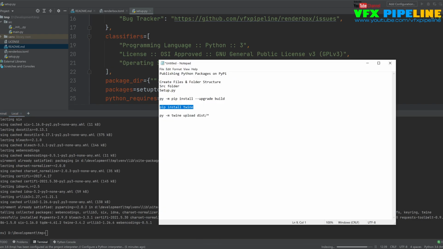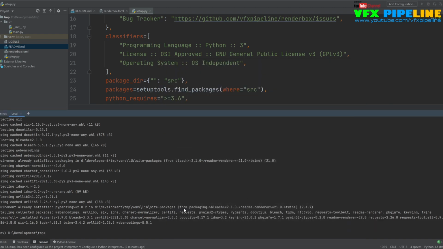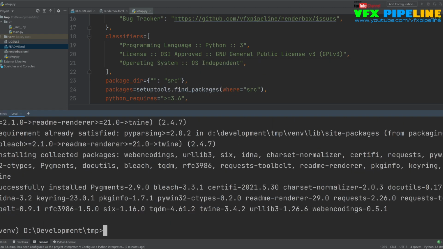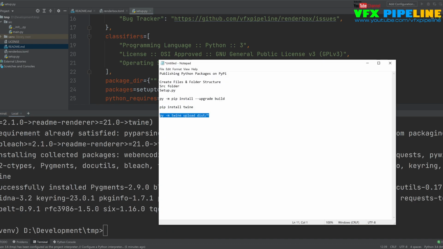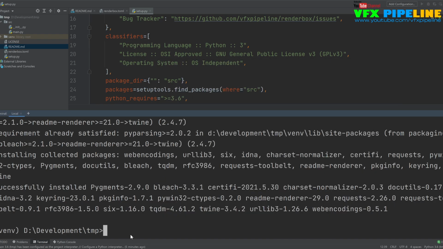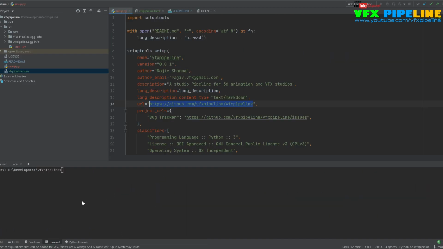Once you're done with that, all you have to do is run this command. You need to type this command, and I'll also show you all these commands I usually type here in my terminal. Here you can see that we already have this command. Here I uploaded to my repo, and this is the dist build. All right.